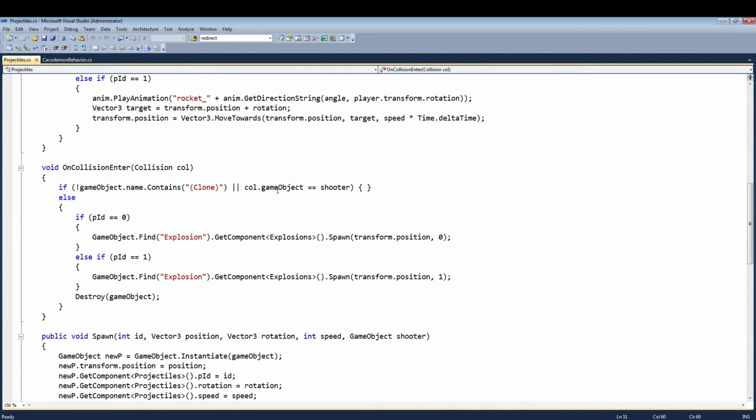Because if it hits what I call the shooter, which is the enemy that shot it, or the player if the player shot it, then don't blow up. But if it's hitting something else that didn't shoot it, then yes, blow up. That's what I'm checking for here. And then I just say,